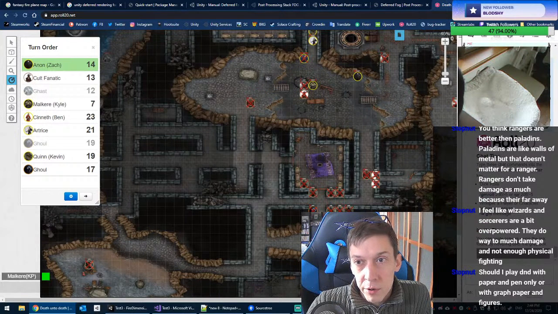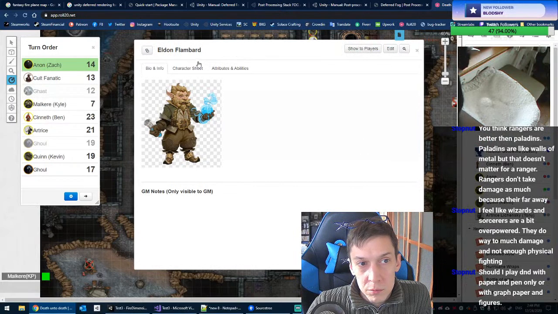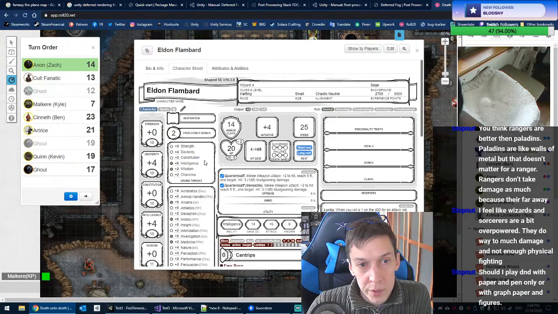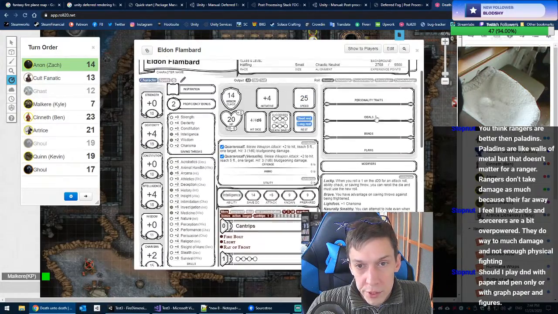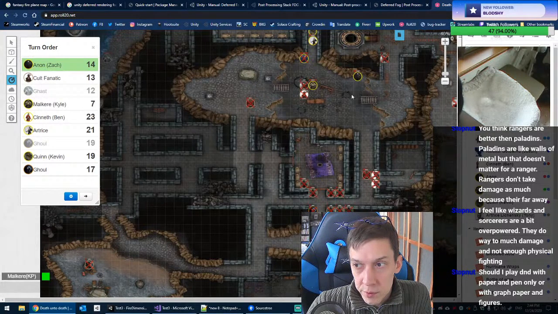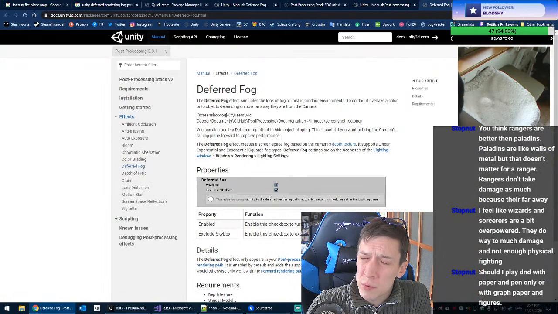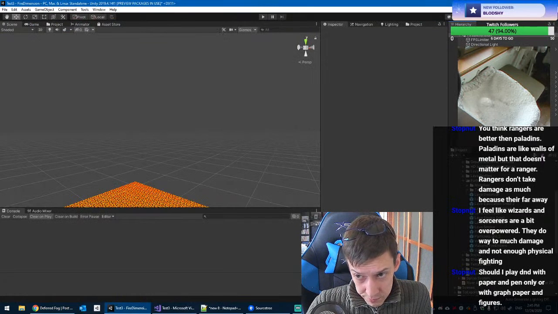You set up your character sheet. Here's our wizard guy, he's actually not playing with us anymore, so we don't use him, but you set up your whole character sheet in here. Roll20 is, in my opinion, the way to go. And there are digital virtual tabletops, I think they're called. There's more than just Roll20, but